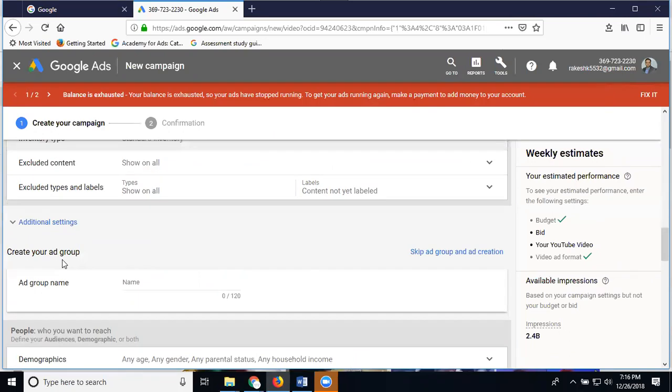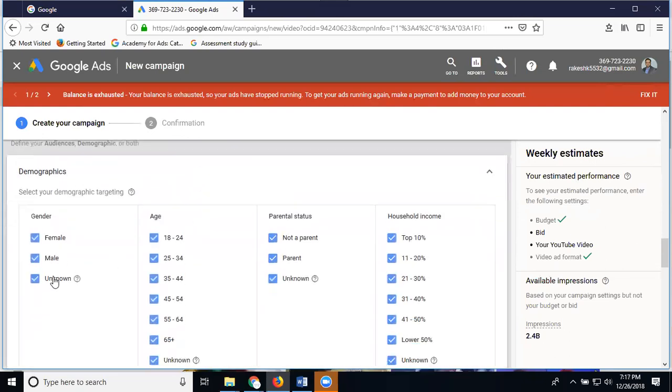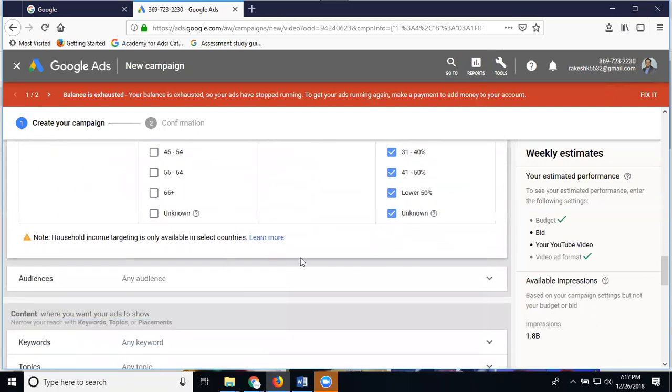Create your group. For the campaign purpose, you add your budget. For the group purpose, you click the bidding. The group name is called bumper ads. Select all people, I'm not looking for unknown. I'm not looking for people more than 45 years. I can select parent, non-parent, or an unknown person also. And here, any person targeted, for people to know about your business purpose.